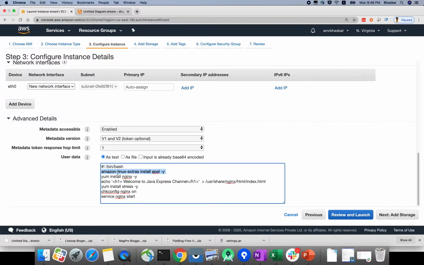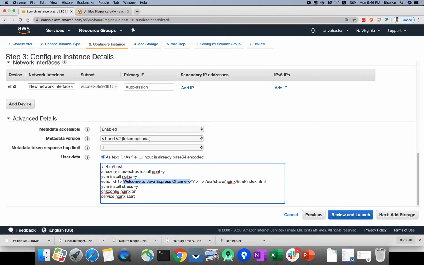If you want to install Nginx or the stress software in Amazon Linux, extras plugins are required. If you're using your own VM, that is not required. I tried it in Amazon Linux and am installing the Nginx server.